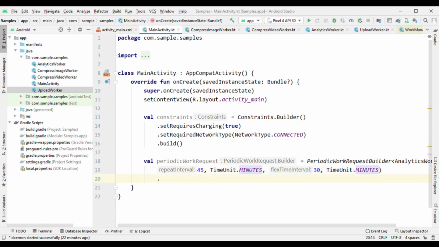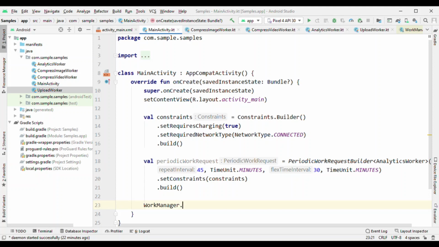Okay, so now let's give the constraints. And finally, I do not want to give any other thing, so let me just build it. So this way, I've created a periodic work request object, but I haven't scheduled it yet. Scheduling can only be done by WorkManager.getInstance. This way, you just create an object. So again, WorkManager.getInstance application context dot